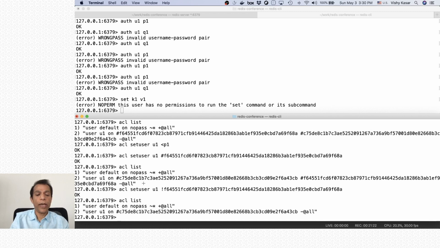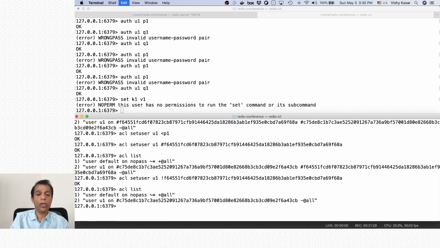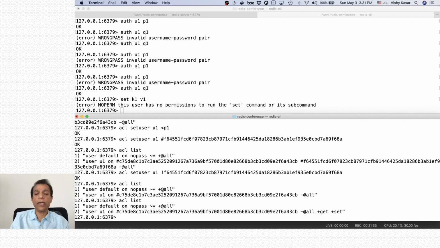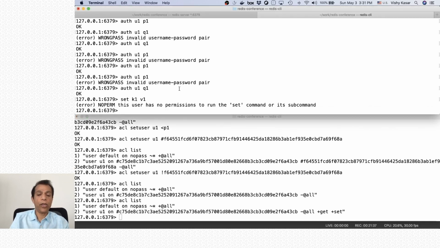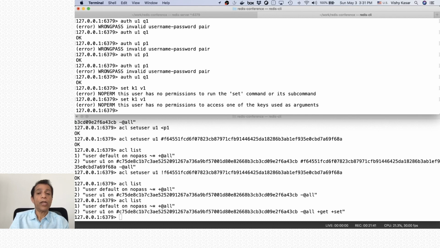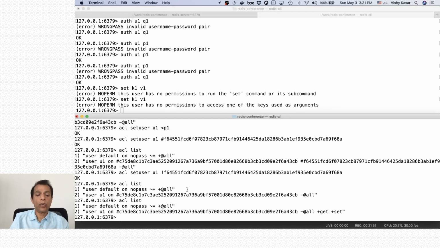Let's go ahead and give access to set and get command for the user. If I now do ACL list, I actually see get and set. If I go back and do set key1 v1, this time this user has no permission to access one of the keys. He has access to the commands, but he has no access to the keys. So let's fix that. So let's say